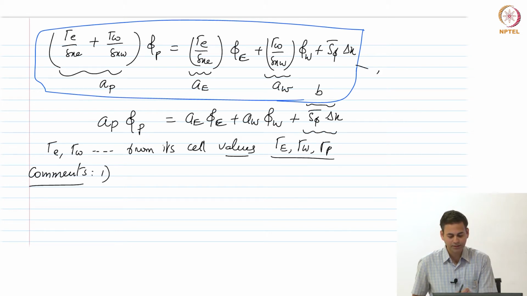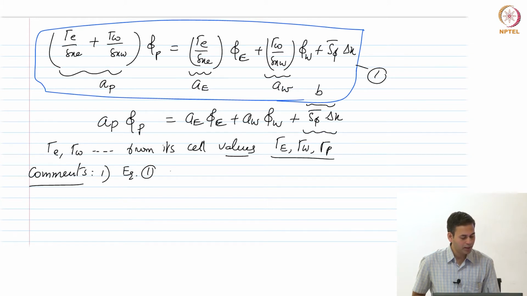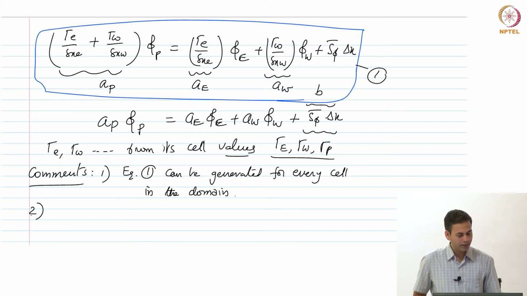Okay, so essentially this is, let us say, equation 1, type or equation 1 can be generated for every cell in the domain. Now the entire process has started off with a statement of conservation. So we started off the entire process with a statement of conservation,